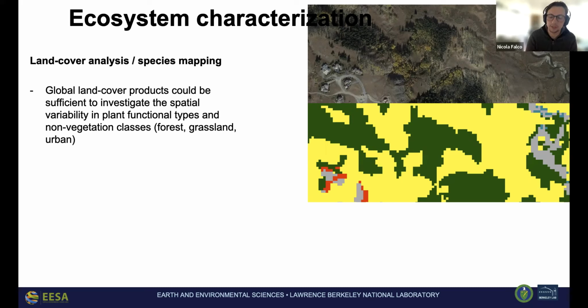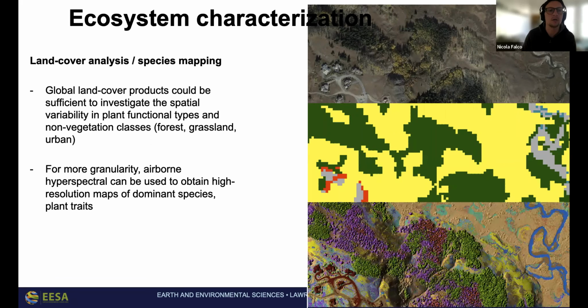The positive part of this global map is that they are consistent across the entire globe, right? The drawback is the coarse information provided at the class level, right? You maybe want to understand what kind of forest you have there, and maybe you want to see some variability across grassland, like meadows and shrubland. This kind of thing, right? So one has to think about, okay, how can I go deeper and get higher information on